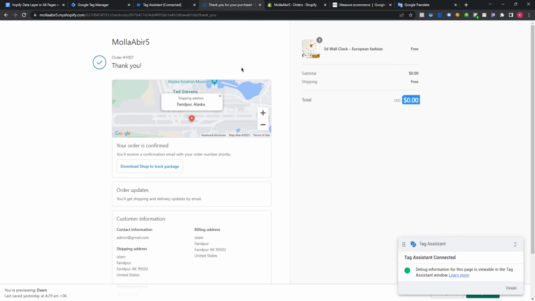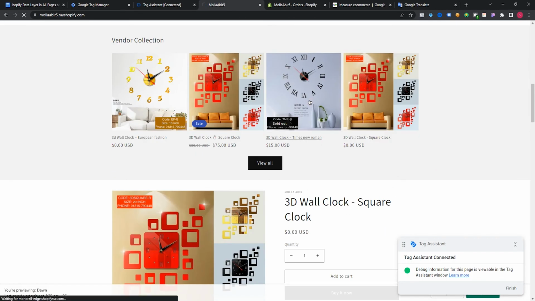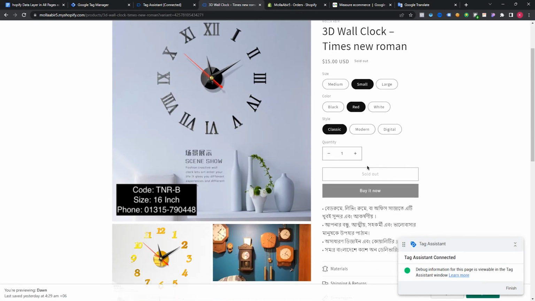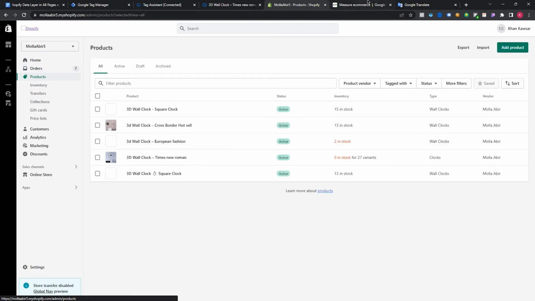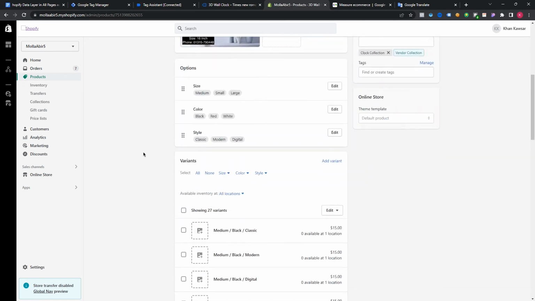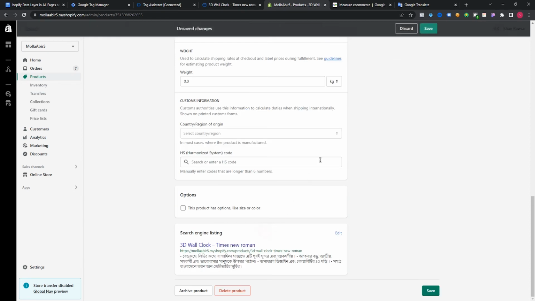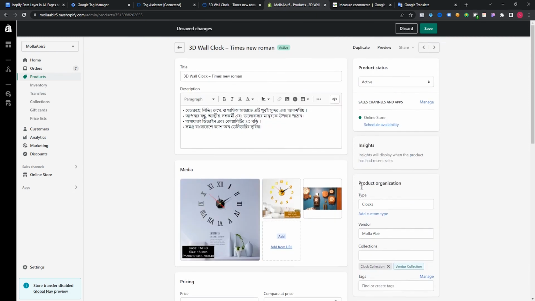If I have purchased any, let's say every product is 0, okay, I'm adding a product value. I'll go to product, name is 321. You don't need this below, delete variant. Product price is $50. Save